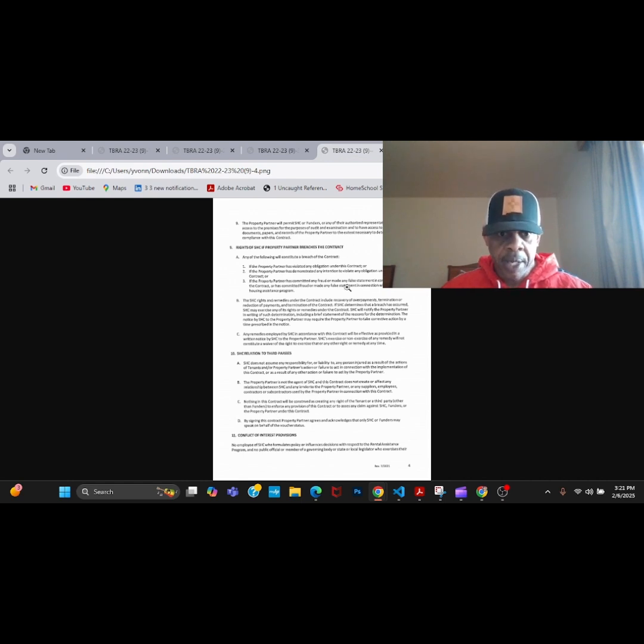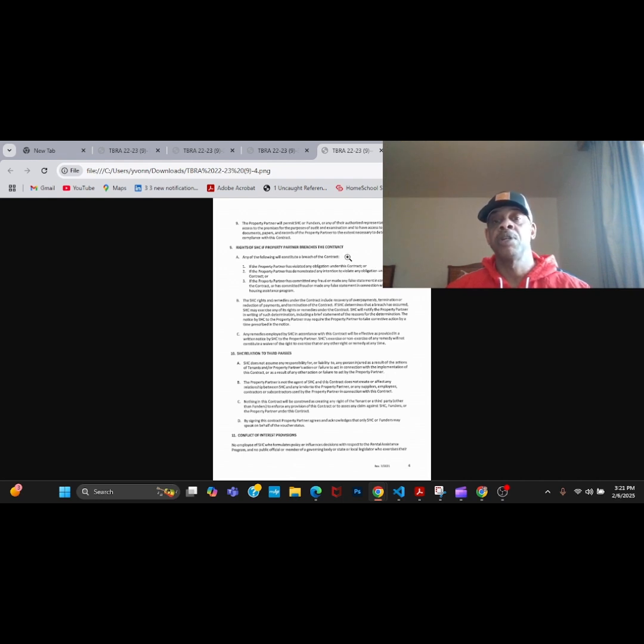Here we have the rights for the housing voucher agency if the landlord breaches the contract.